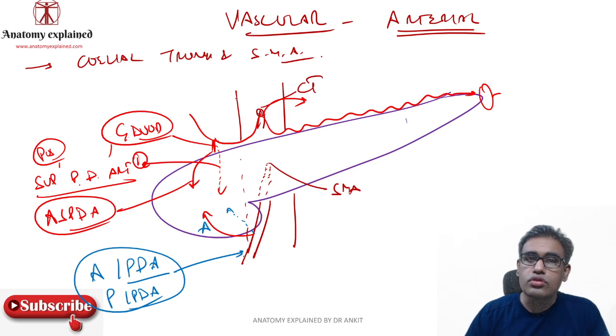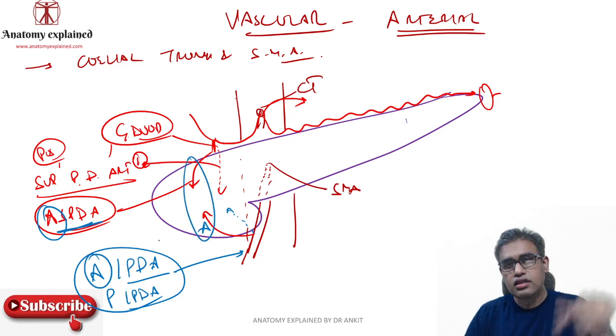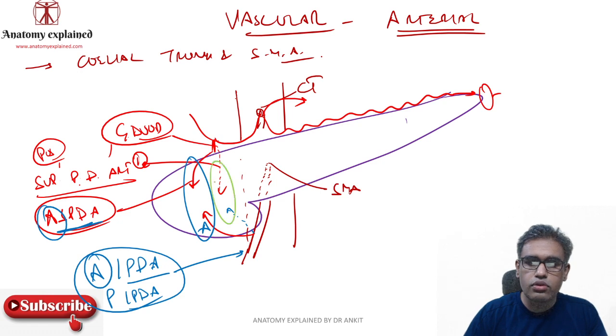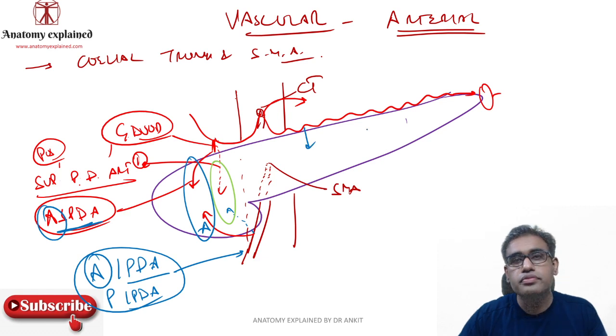What they are going to do is that both the anterior branches will make an anterior arcade over here, the vascular arcade, and the same way both the posterior branches will form a posterior arcade behind the head of the pancreas. Point clear? Now from the splenic artery, there are various branches which will go below and they will supply the